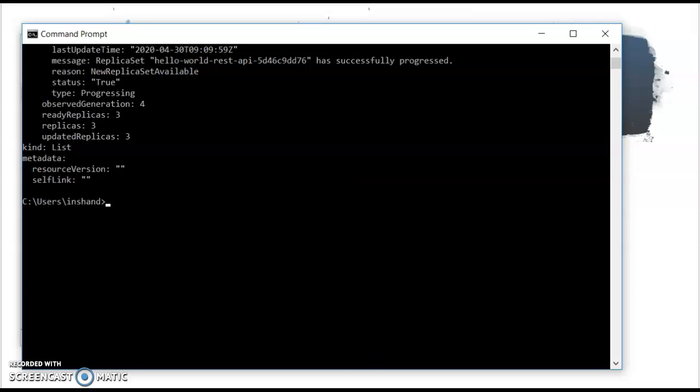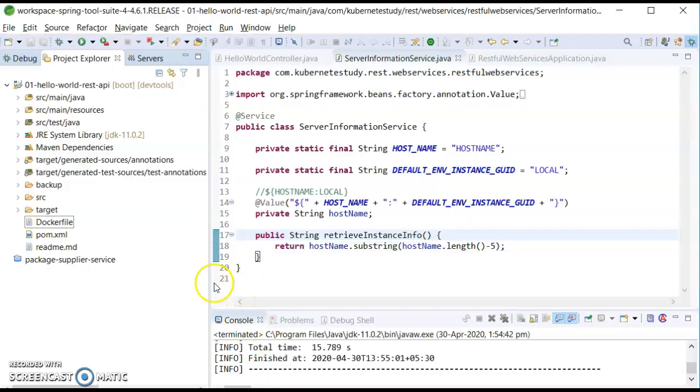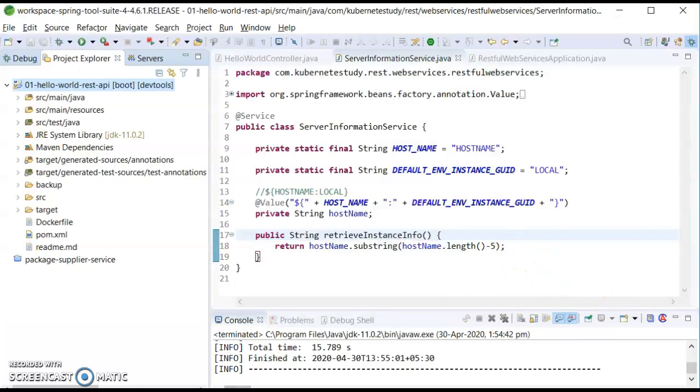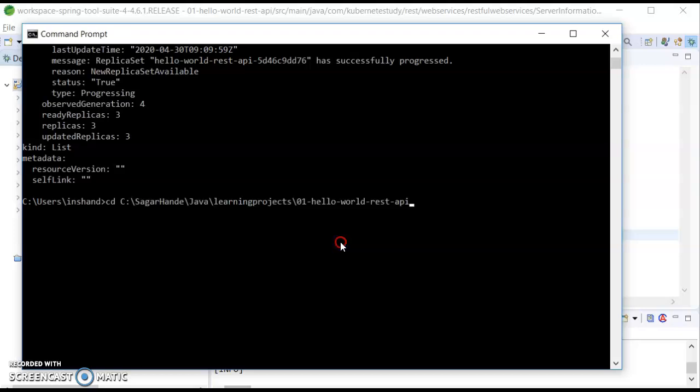For that, I will come back to our Eclipse project. I will go to this location first, just copy the path of our project, cd. Yeah.